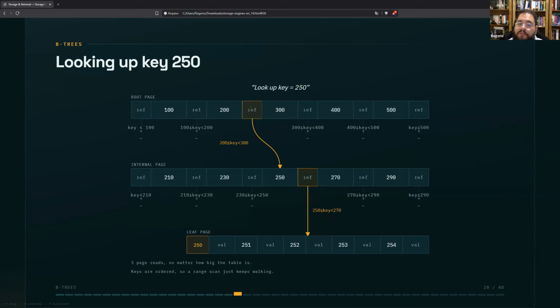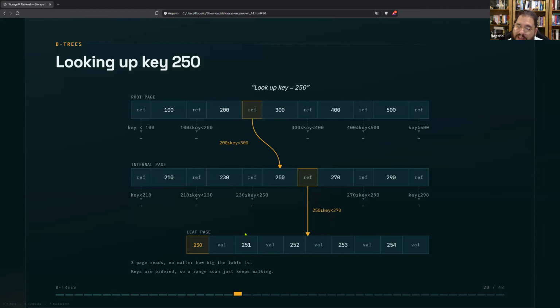Okay, let's see the reference, the pointer here. The pointer brings us to the next child page. Okay, and this child page contains again references and values. And we know that 250 is between 250 and 270. And we look at the reference.